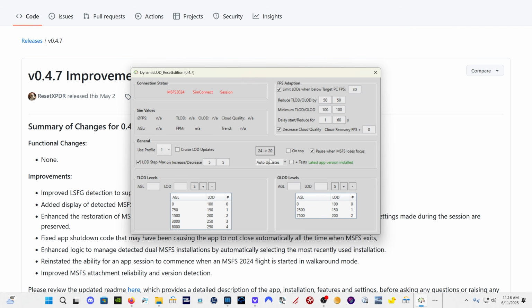Now I have it set for auto updates. You can get test versions as well if you want, and it's going to let you know if you need to update the program. Now the TLOD levels is what I'm thinking is going to help us with this issue